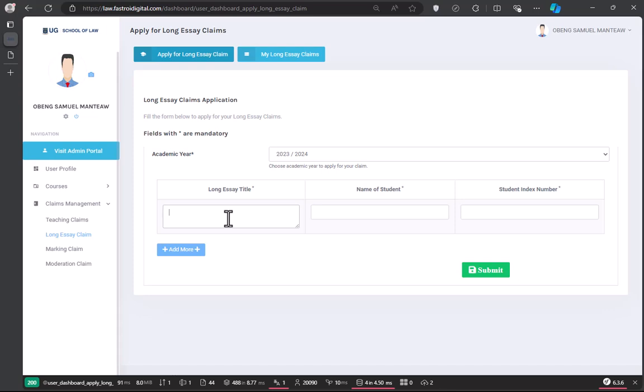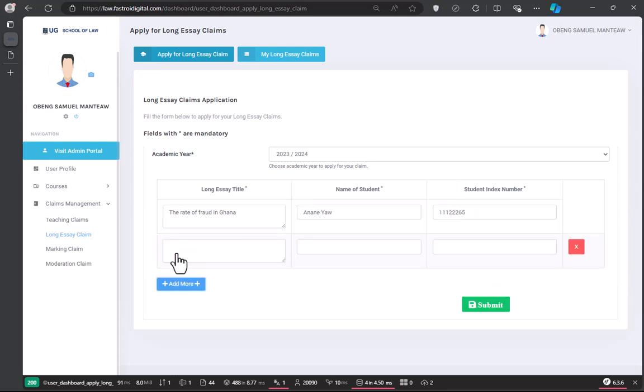So let's say for this example I'm talking about the rate of fraud in Ghana. Then the name of the student is Anane Yao. The student's number is 1112265. If there are more students, you just click on more,